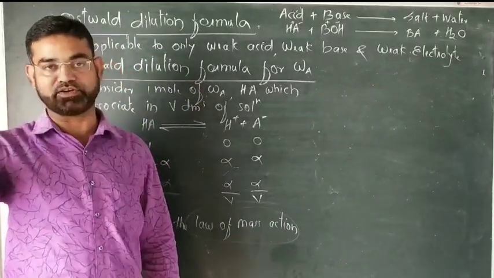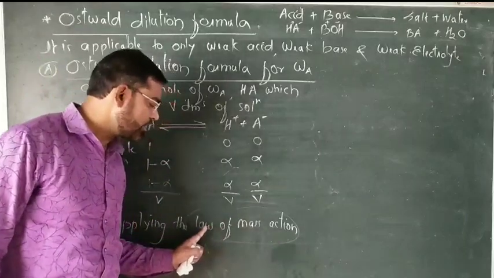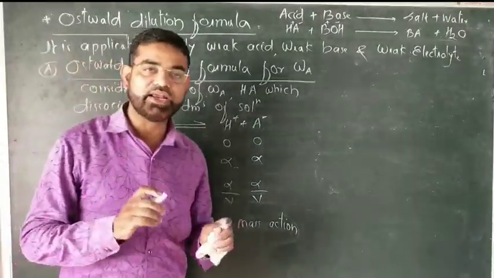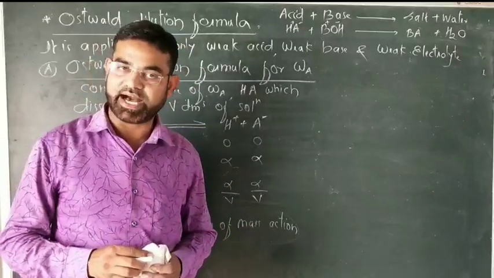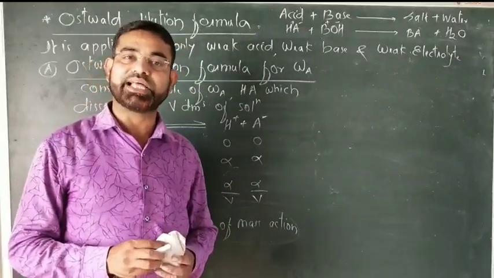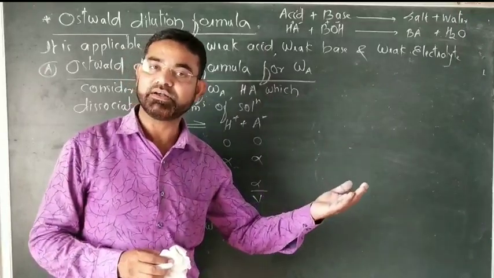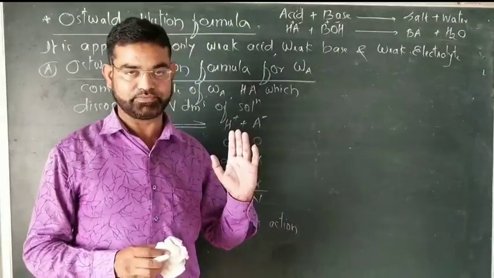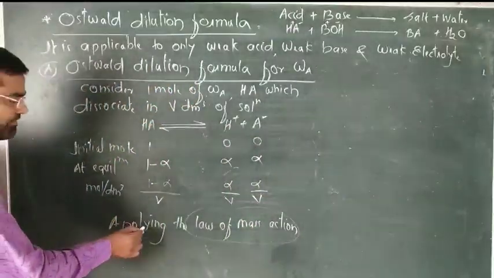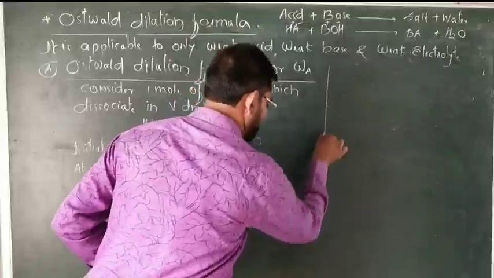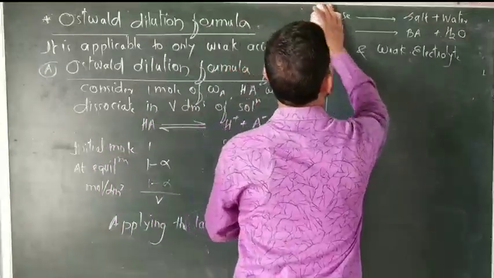This is the first part of the equilibrium. What is the law of mass action? Simply, the rate of reaction is directly proportional to the active mass or concentration of reactant. So if you apply the law of mass action, finally we get the equation